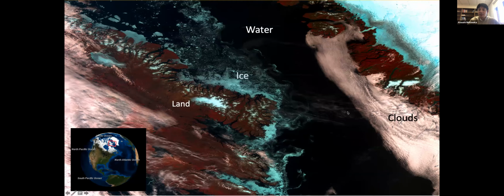Removing a cloud, the sea ice looks white, but water looks black. Clearly, the sea ice influences the light signature measured at the top of the atmosphere by ocean color sensors. The question is how this influences water reflectance retrievals in the black target. This is what I'm going to talk about.